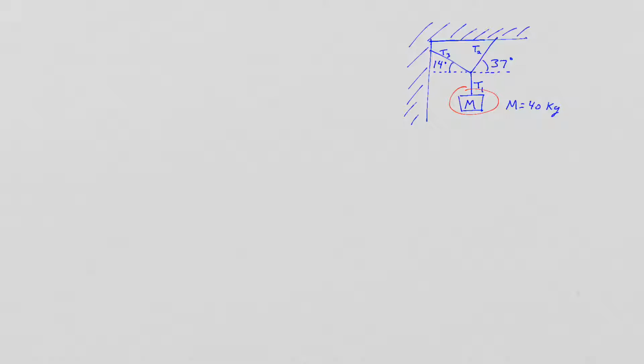Let's consider the mass first. In this case, what we're saying is that we have a mass, and acting on that mass are two forces. One would be the tension of the string, let's call that T1 on the mass, and that's acting up, and the other is the force of the earth acting on the mass. Those two forces should be the same, after all the mass is not moving,